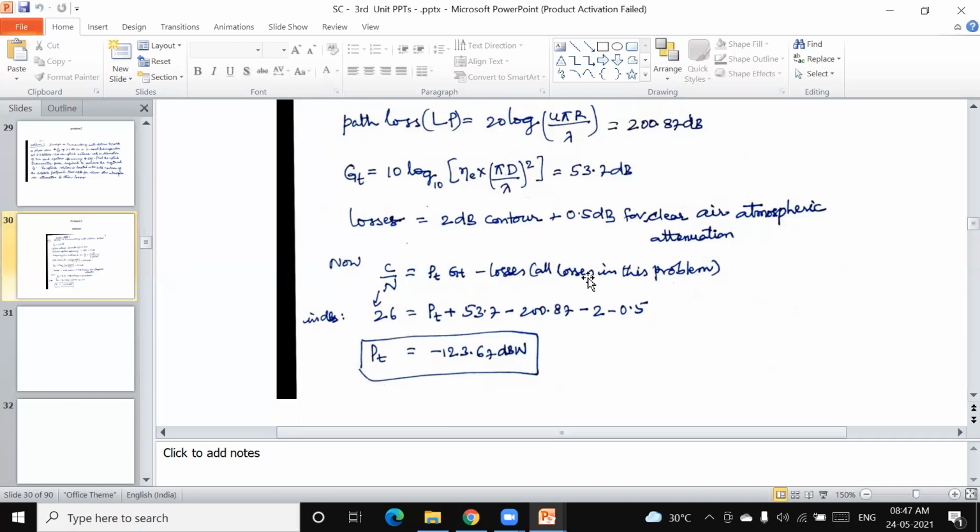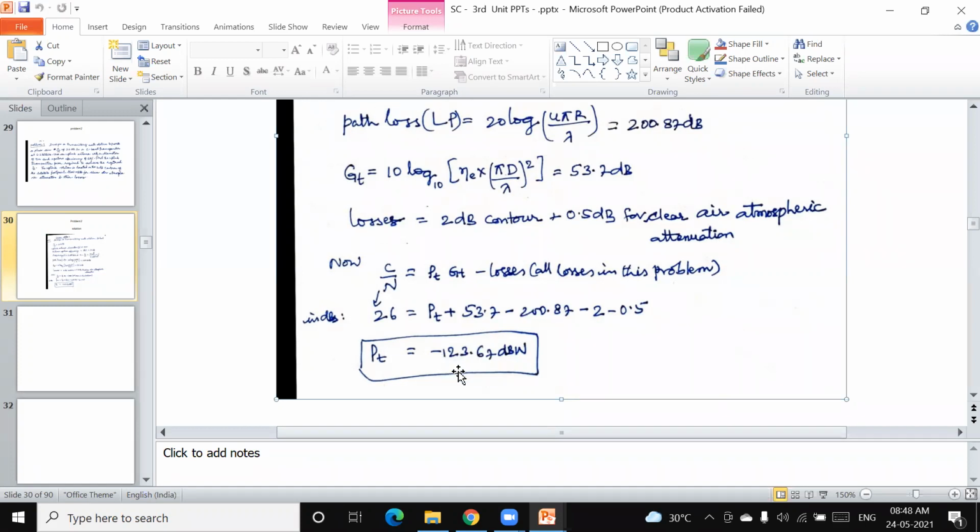This is the way you can calculate this problem. Now we have solved two problems because this may be expected in the exam. Therefore, please go through the problems as well. In Timothy Pratt, at the end of each unit, solved problems are also given, so please see those problems as well. With this we conclude this unit, and we'll move to the next unit.